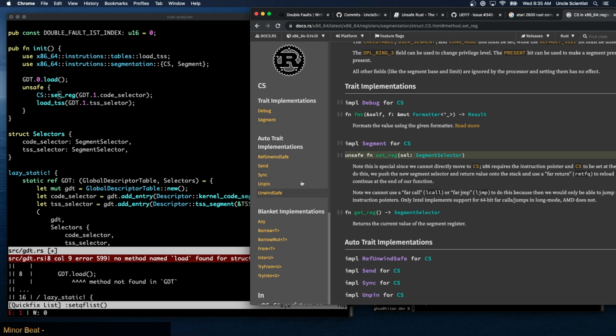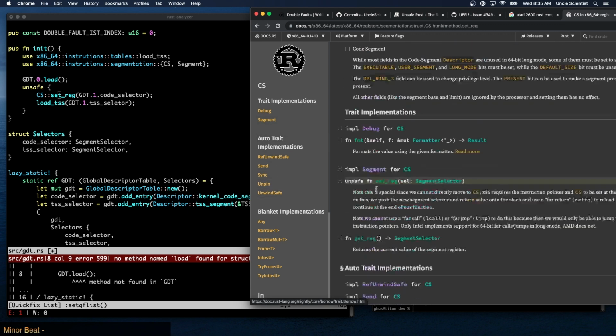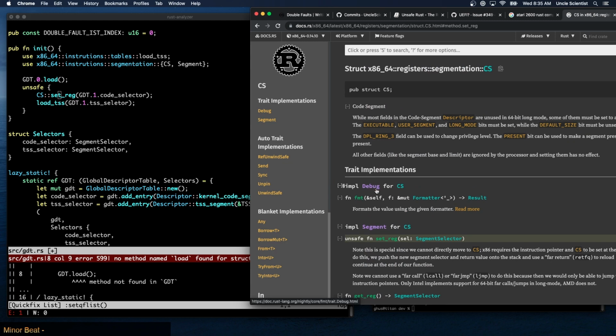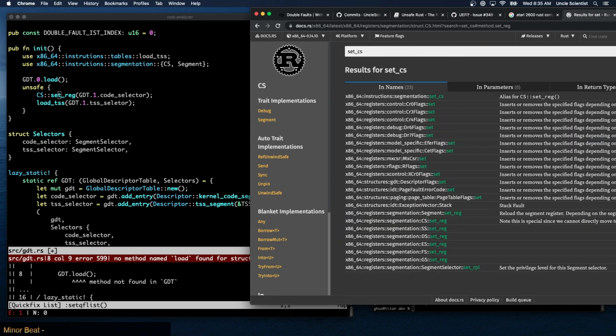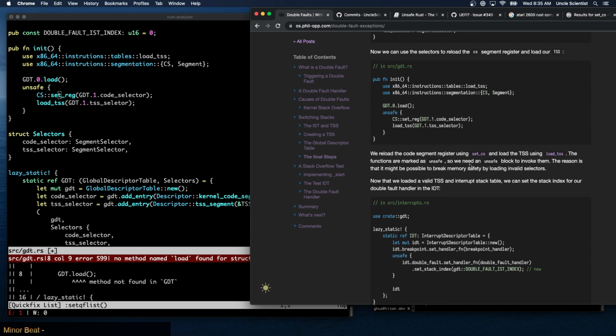Why don't I see that function over here? A set reg and a get reg. So there is no set CS. There is. Oh, it's an alias for set reg. Okay, so that must have been the old way. So this is a type. This needs to be updated to match the current